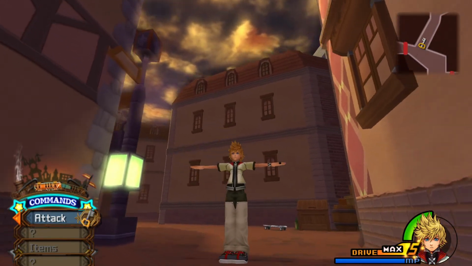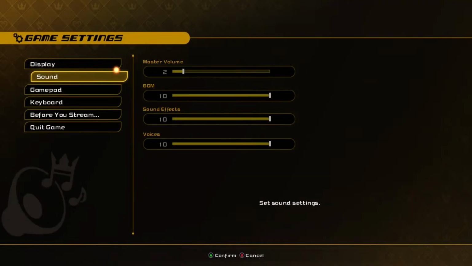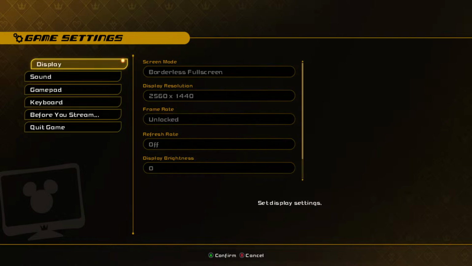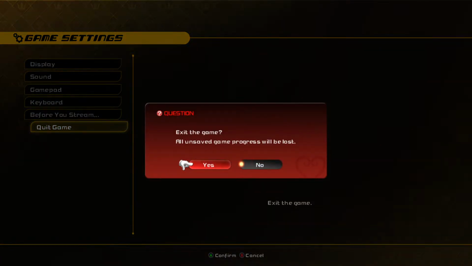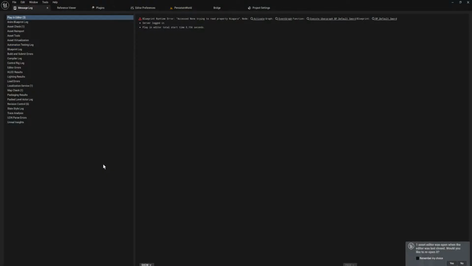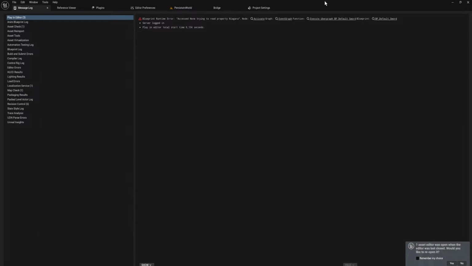Well, welcome to the stream. But yeah, also Kingdom Hearts is running in slow motion, so that's not good. Frame rate, we can just say unlocked. Maybe that kind of fixes it. But my GPU just straight up doesn't like running Unreal side by side with a game, which is fair. It just takes a moment every time I want to restart Unreal Engine, so I'd really rather not have to close the engine if I don't have to.